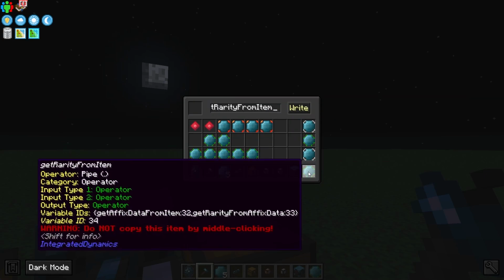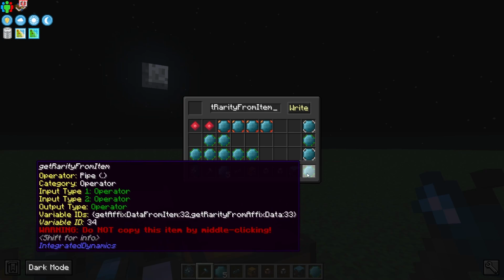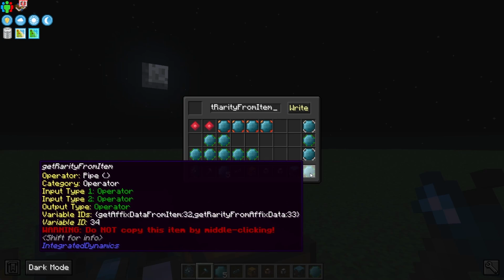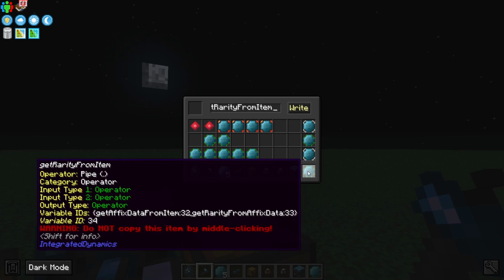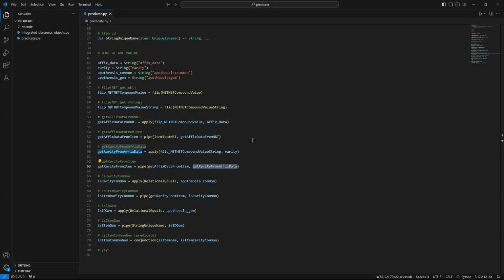All right, so now this is our first one. We could put this in, and it would return every rarity. If you pass in an item, it will return the rarity of that item. Well, it should if I have not done anything wrong. And we can actually see from the signature that it takes in an item and it returns a string, and the string will be the